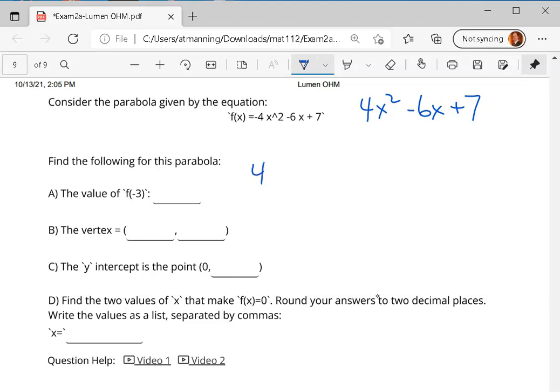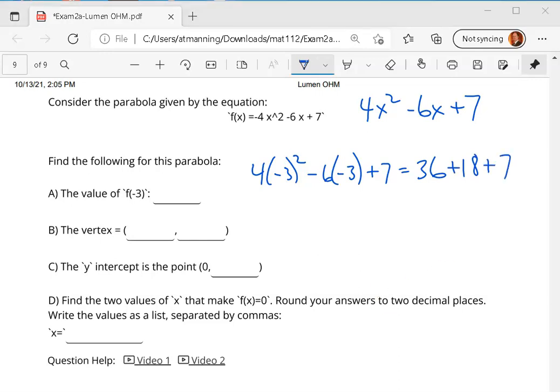Well, 4 times negative 3 squared minus 6 times negative 3 plus 7. Multiply it out. 4 times 9 is 36. Minus 6 times negative 3 becomes a plus 18. Plus 7 gives us